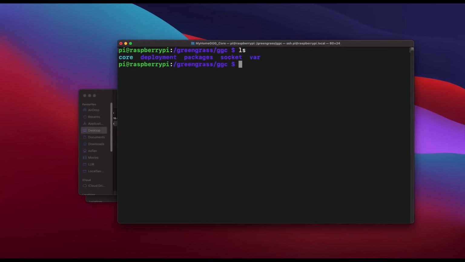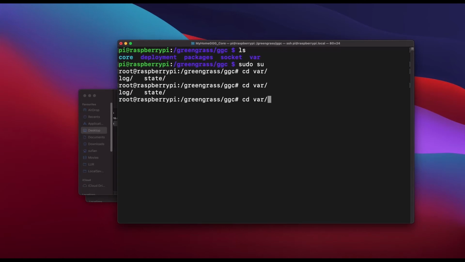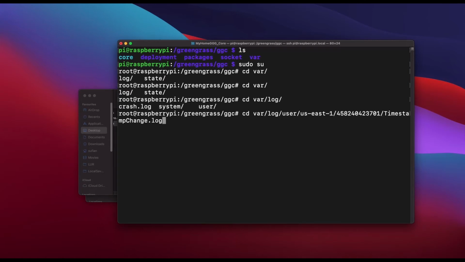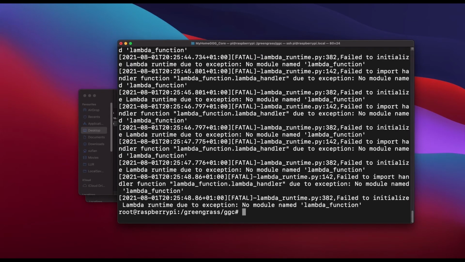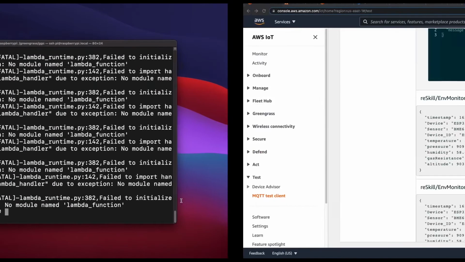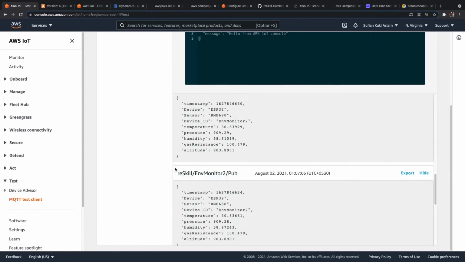There are ways we can do that. So I can do as a root user, I can go to log user US East 1 and then cat. No module name lambda function, but it's there.